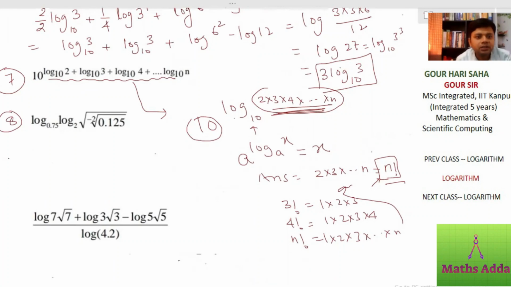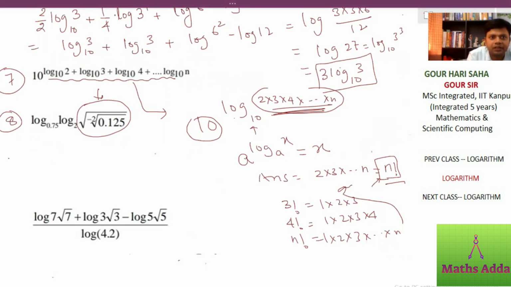It is lot of logs and lot of terms, so let me see. First I will attack here this part. I don't know this value. If I know this value, I will take log of that term with base 2, whatever the answer, I will put it here and then get the answer. Okay, so now let me erase this part. You have seen it, right? So it looks very clumsy, so better erase it.